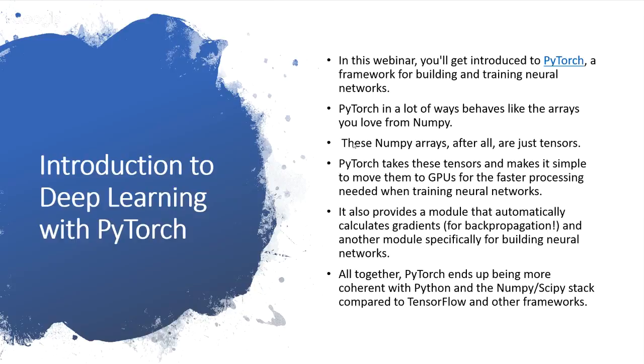and training neural networks. PyTorch, in a lot of ways, behaves like arrays you love in NumPy. So NumPy and what PyTorch can do are very similar, and they will work very similar together as well. So basically, these NumPy arrays are just tensors. So tensors and arrays are pretty much the same thing. What makes the difference between a tensor is that it allows GPUs to move them faster in processing, mainly for neural networks. PyTorch also provides a model that automatically calculates gradients for backpropagation, which is essential for neural networks